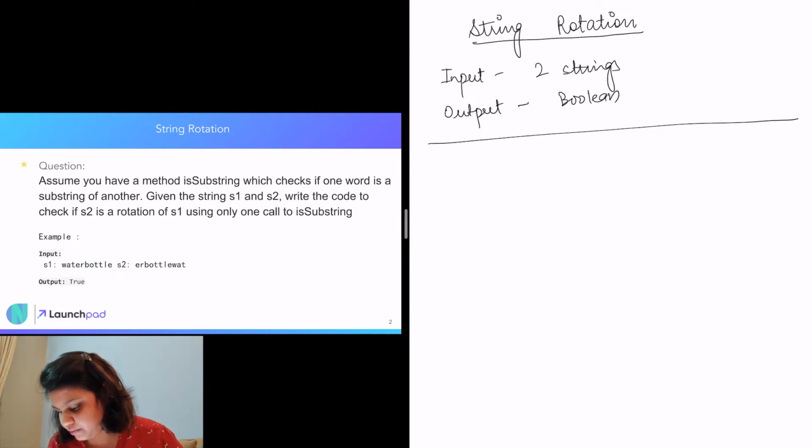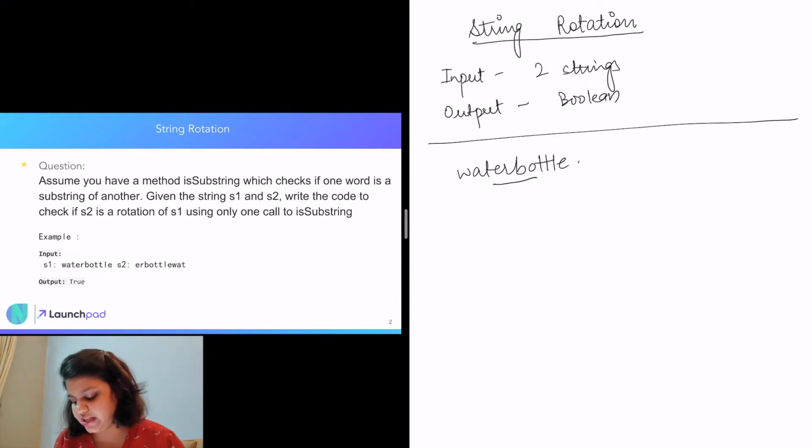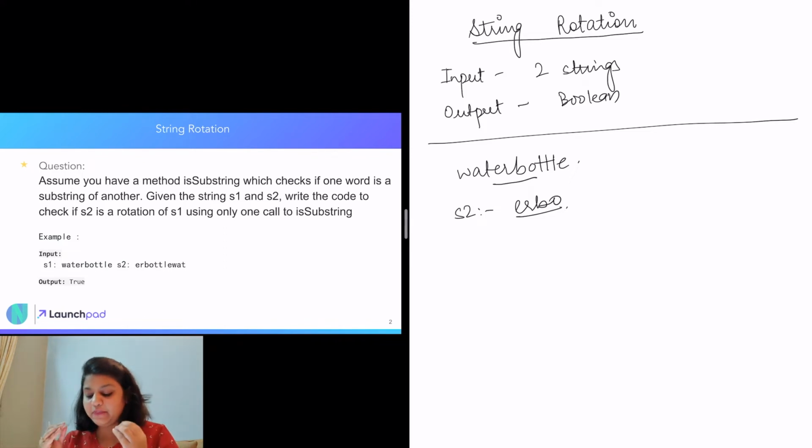Now as we saw what rotation means, let's see what a substring means. Say for example we took waterbottle, and we have a particular string, say erbo. Then we need to check whether, if we take any starting index and any ending index from S1, in between that we are able to create erbo.